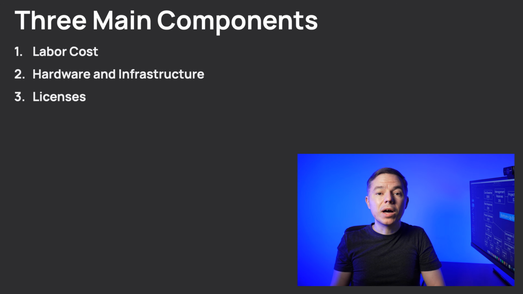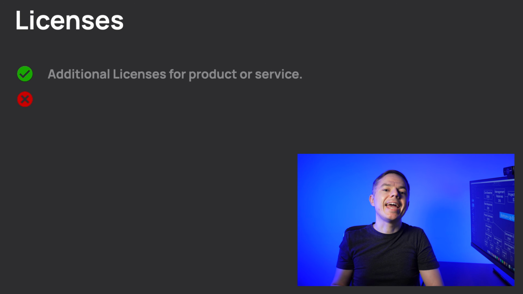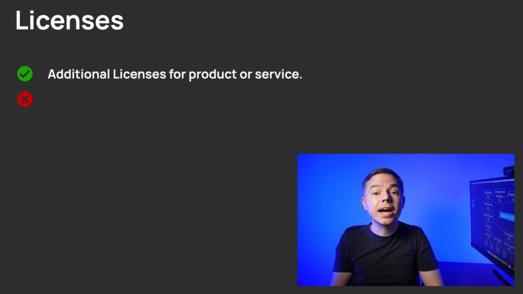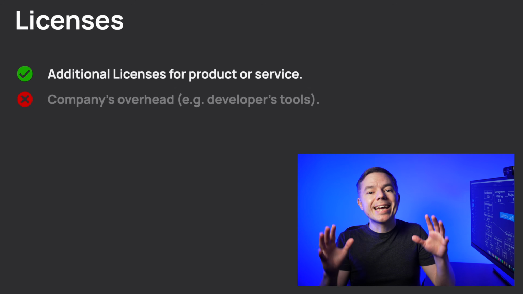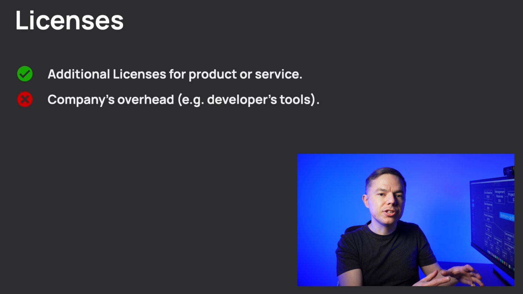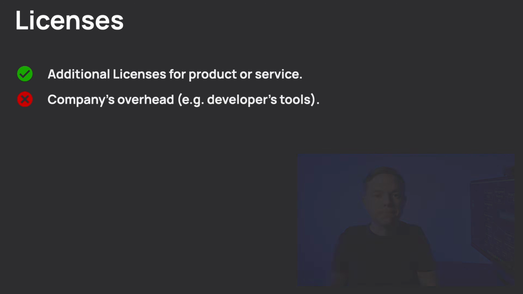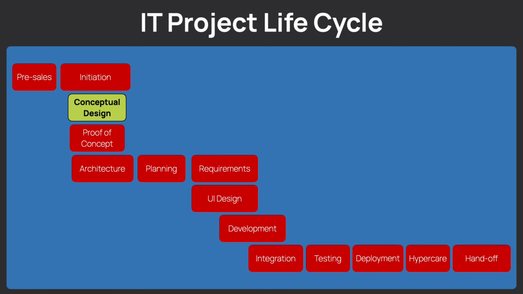Let's review them one by one, starting with software licenses. Here we discuss additional licenses required for the product or service to operate. And again, the standard software licenses and subscriptions we provide to engineers for their work should be included in the company's overhead. On the other hand, we must have a design phase at the start of the project,